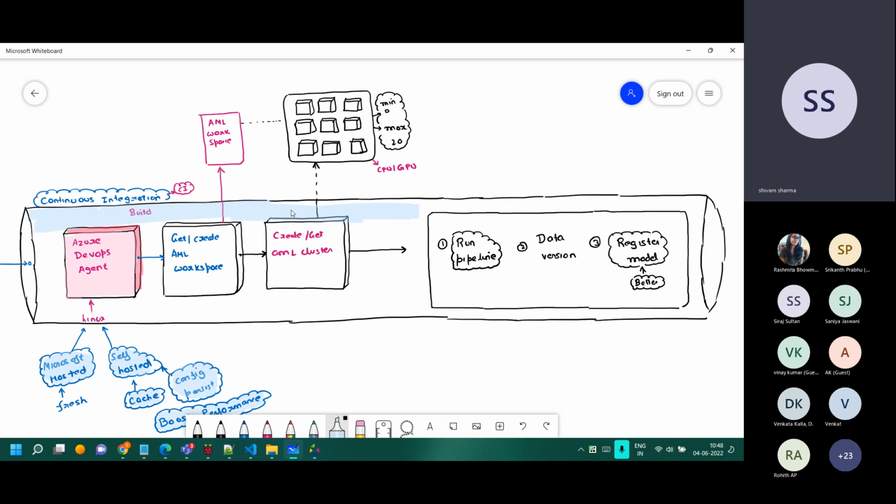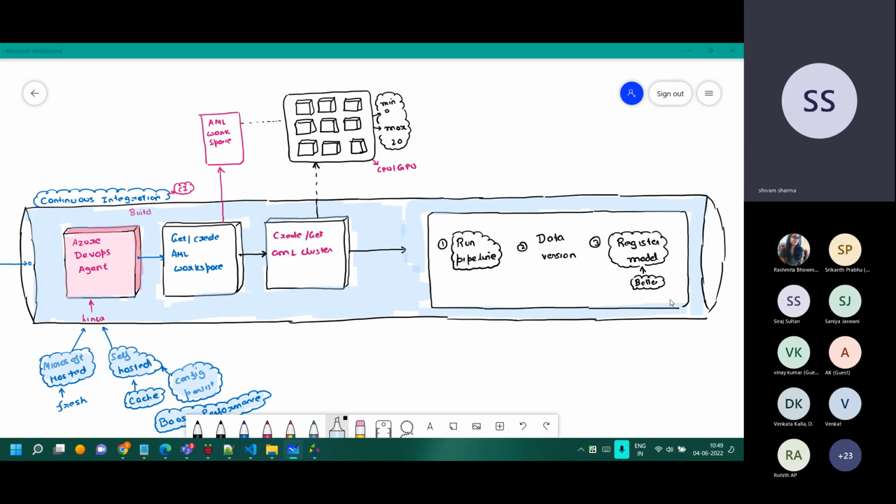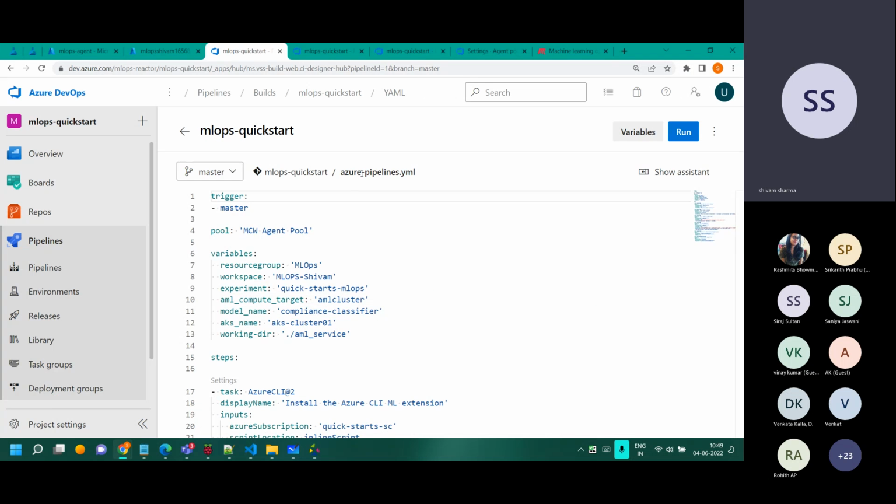There are various steps inside it, like 1, 2, 3, 4, right? Like creating the agent, connecting to the agent, connecting to the workspace, creating the cluster. So what we have here is what we have there. Let's understand step by step. And if I have missed anything in this diagram, I'll come back and fill it up on the way.